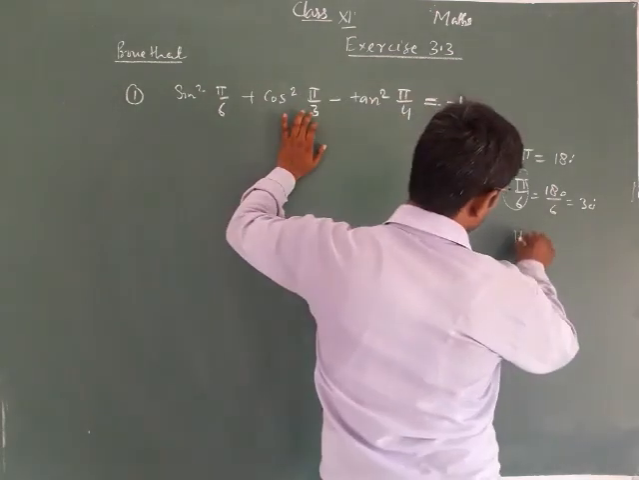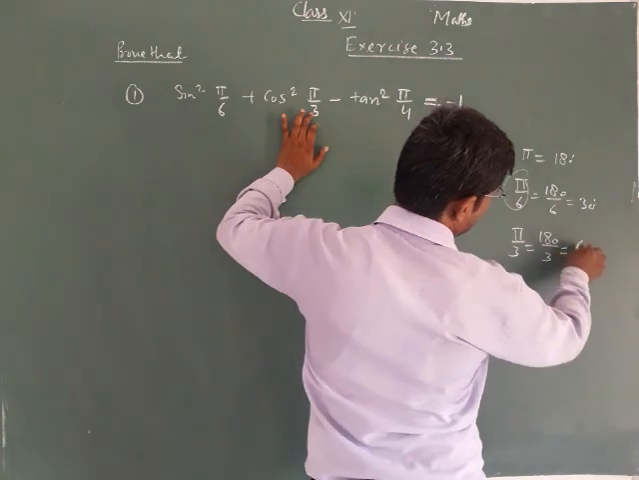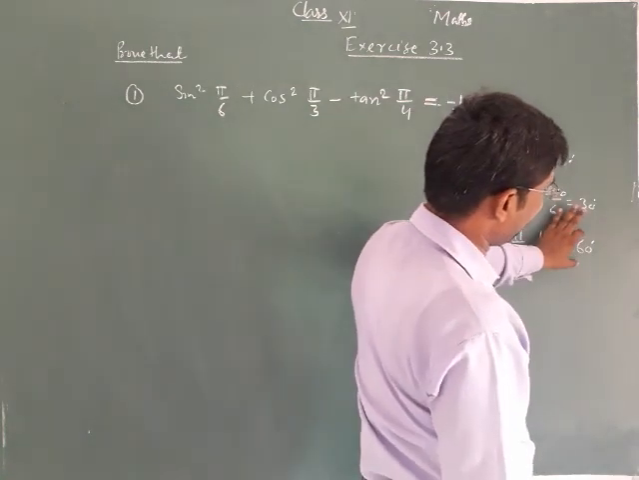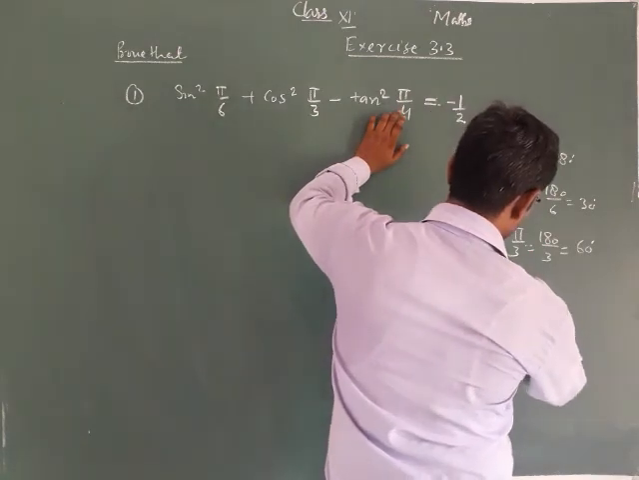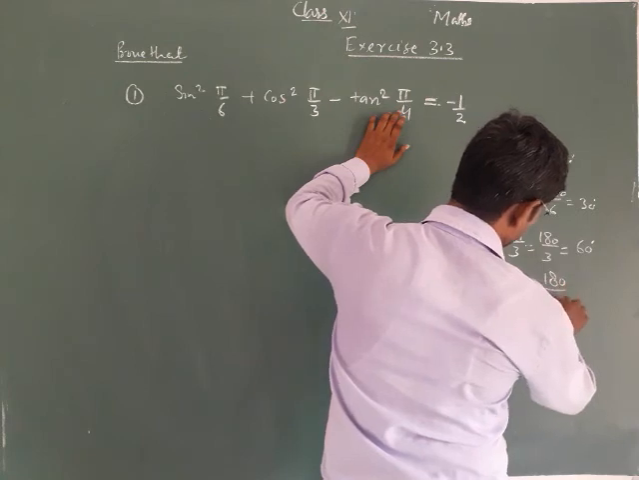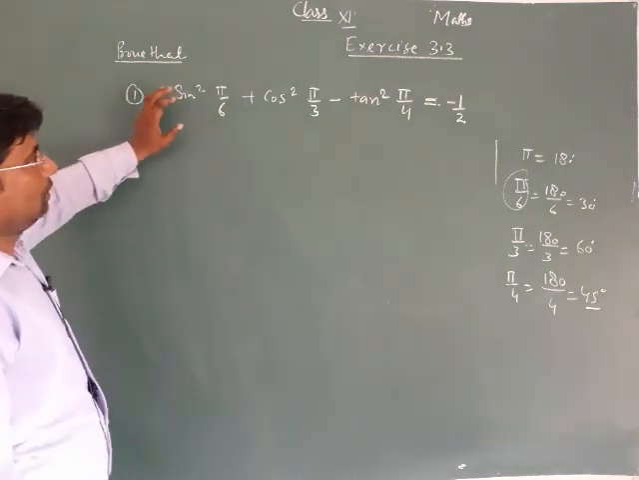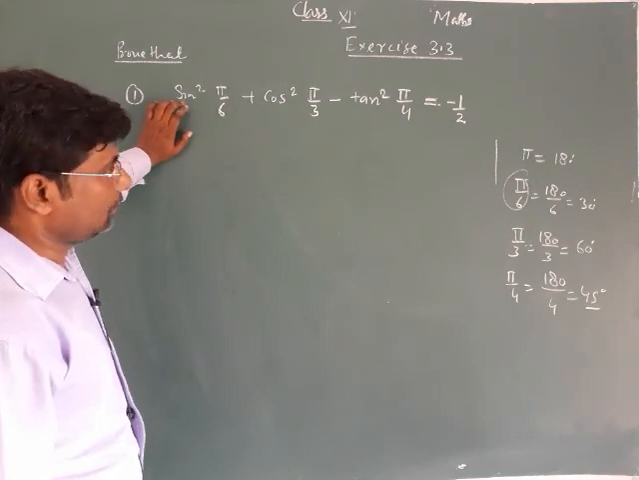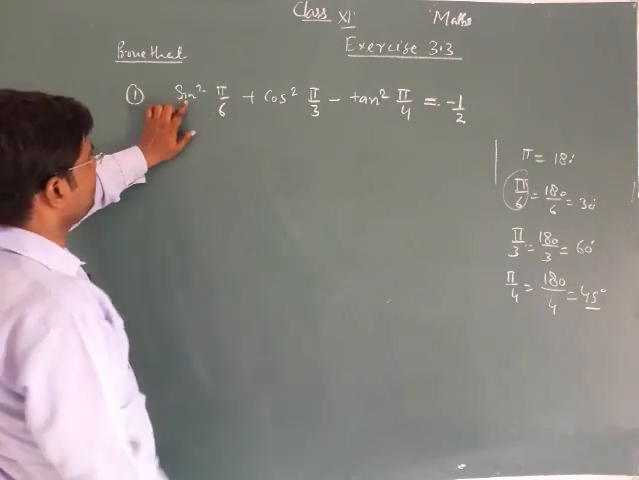In the same way, pi by 3 is equal to 180 divided by 3, so this is 60 degrees. Pi by 3 means 60 degrees. And in the same way, pi by 4 is equal to 180 divided by 4, so this is 45 degrees. So now, according to the trigonometric ratio table for angles,